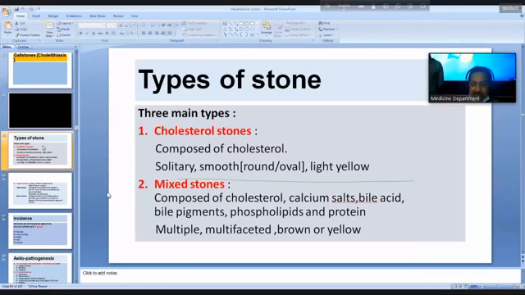So in addition to cholesterol, here there is presence of calcium salt, bile acid, bile pigment, phospholipid, and protein. And they can be recognized. They are usually multiple in number, multifaceted due to mutual friction and formation of the facets, brown to yellow in